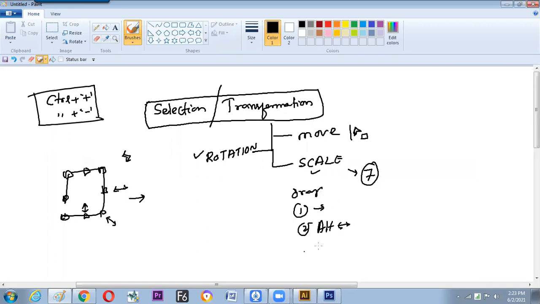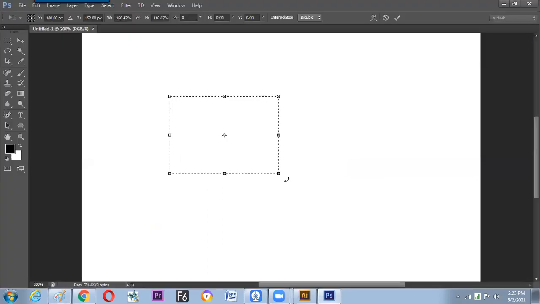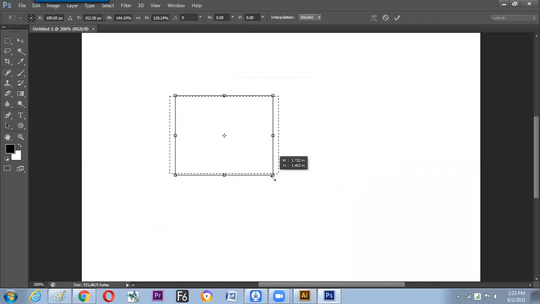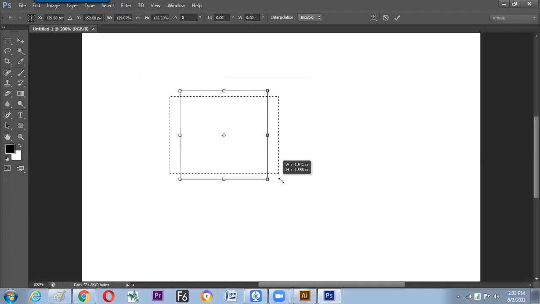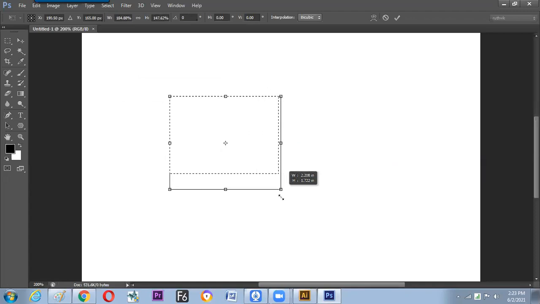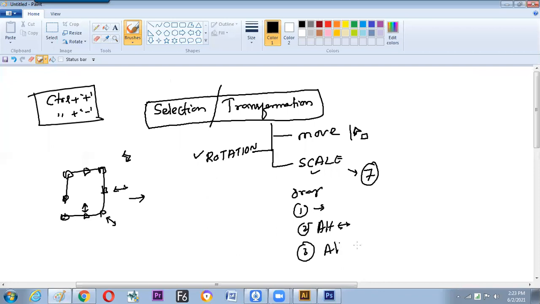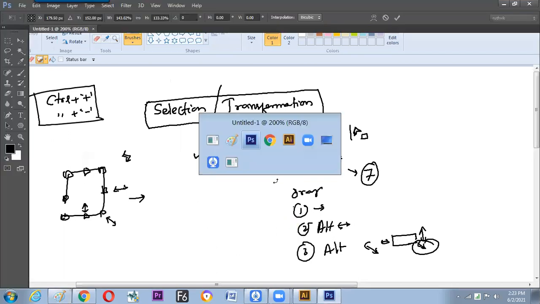Then what happened? Two direction scaling; only dragging is only one direction. Now if we move to this corner and drag with Alt, then you can see both directions, horizontal as well as vertical. So this is corner drag, two direction, but with Alt, then horizontal and vertical. Same Alt, but not the edge, in the corner. Then horizontally also we can develop, and vertically also we can develop. But the condition is we need to drag on the edge. So hope three types of scaling we have done.